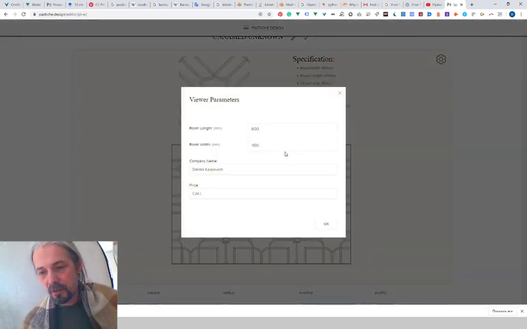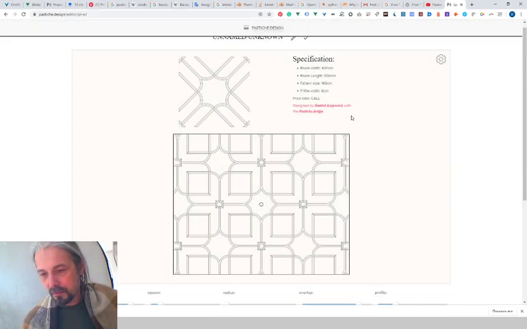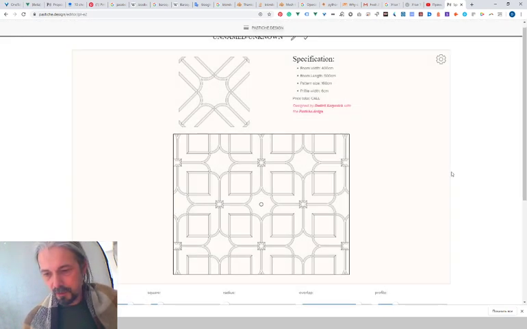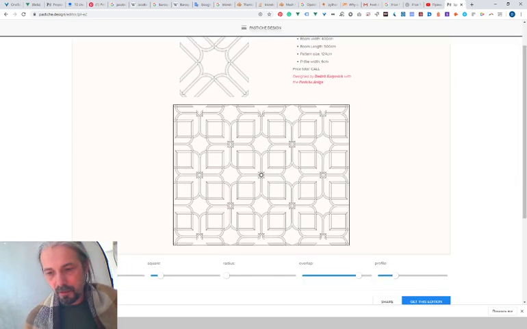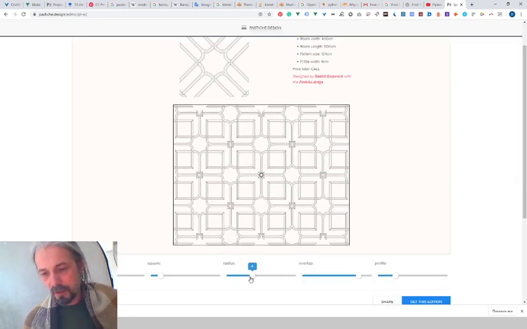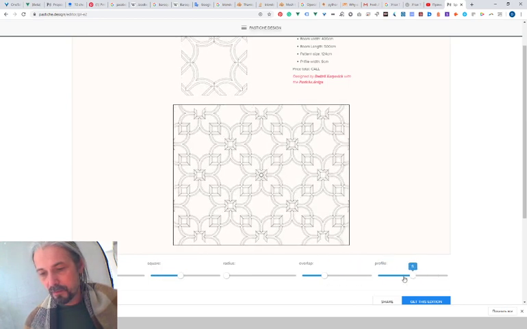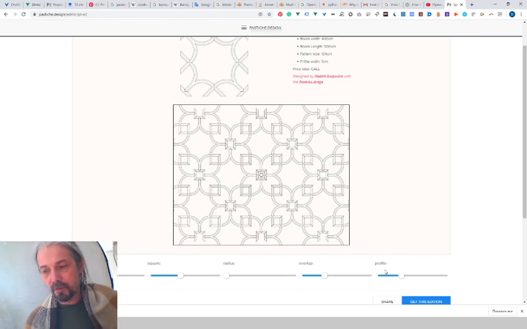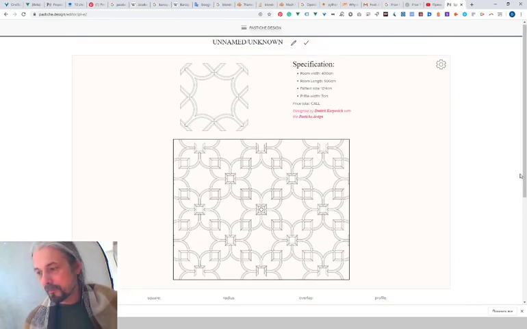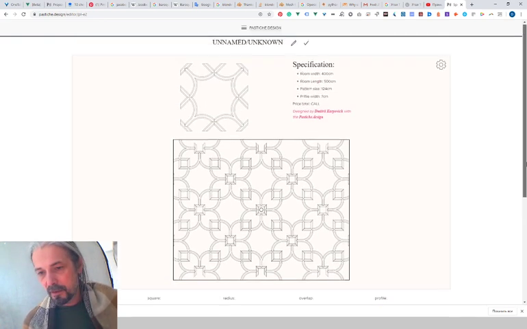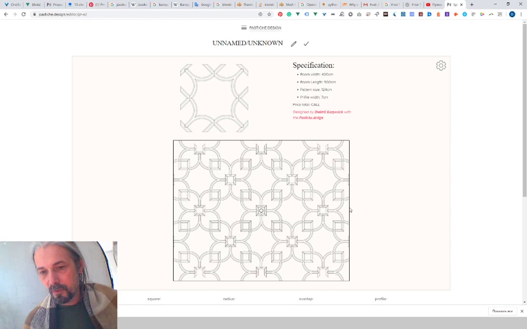You could change the size of the room, and the scale of the pattern, and every ceiling has its own parameters, so you could play with those parameters to understand. The most important part here is that you could share exactly the design you have designed